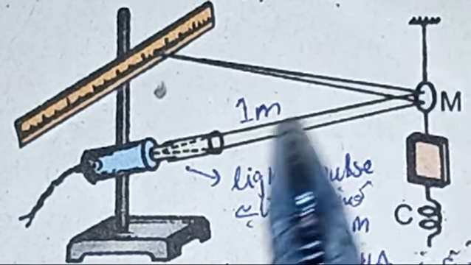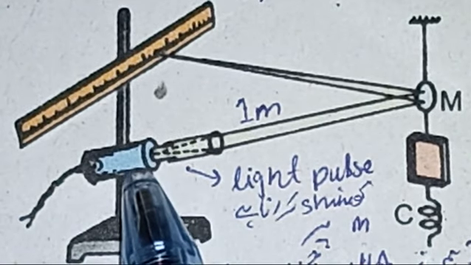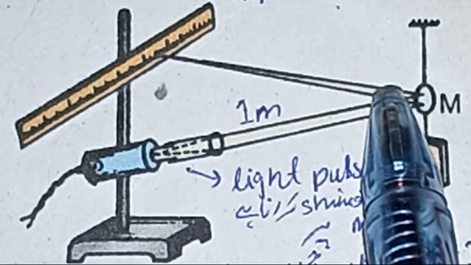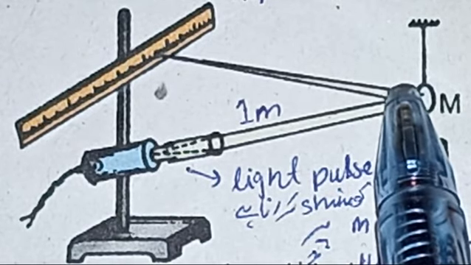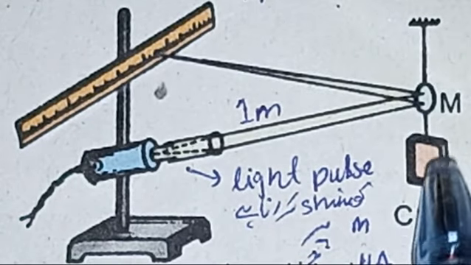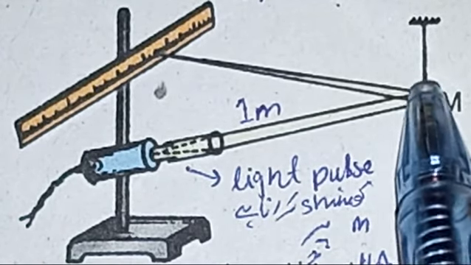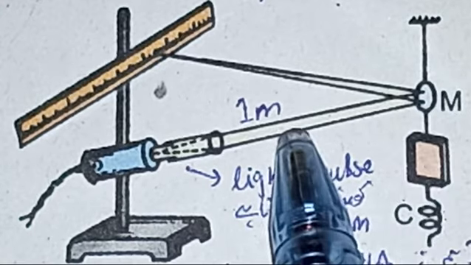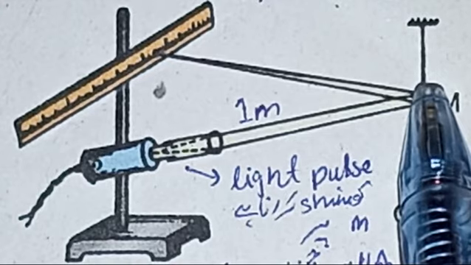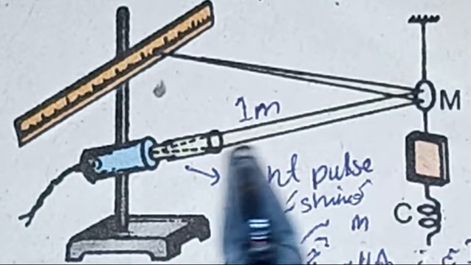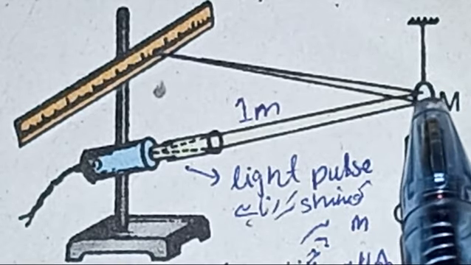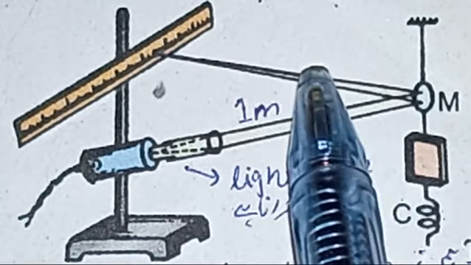A beam of light from the lamp, this one is lamp, a beam of light from the lamp is directed towards the mirror of the galvanometer, and when current passes through this wire, through this coil, after reflection from this mirror, and you know when ray of light falls on some mirror, the phenomenon of reflection takes place here. Okay, so when light from this lamp falls on this mirror, after reflecting from the mirror, it produces a spot